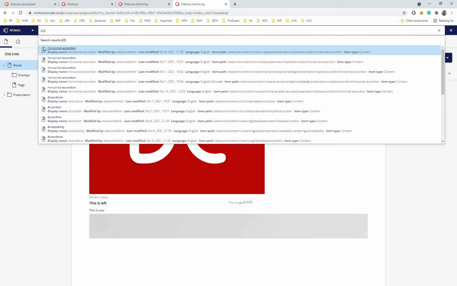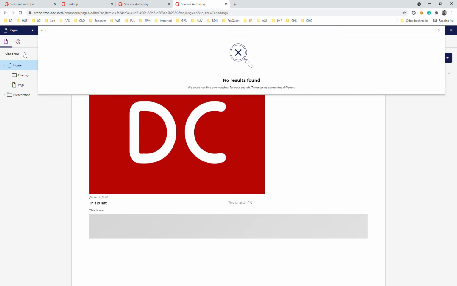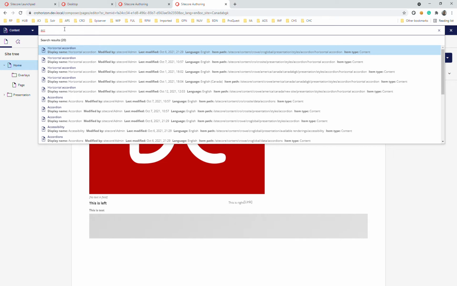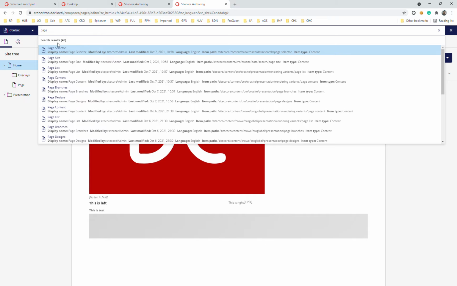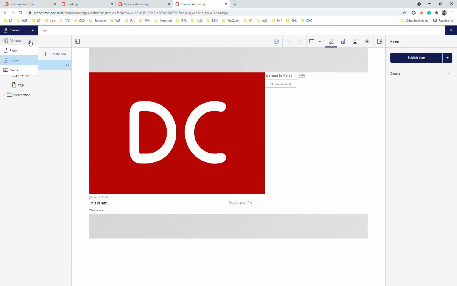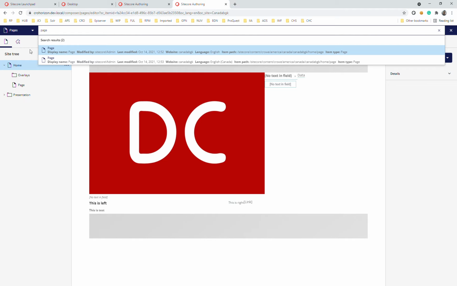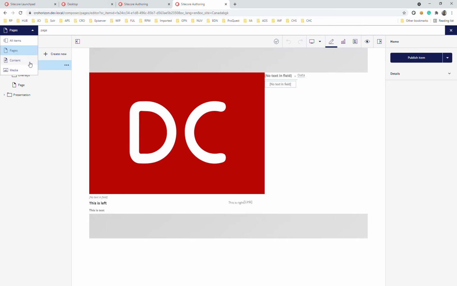If you want to filter, you can filter for pages and it will show you all the pages, or for content and it will show you all the content. If I search for all items, there are 42 items. If I filter for pages, there are only two pages, and if I filter for content, there are 40, and same with the media.